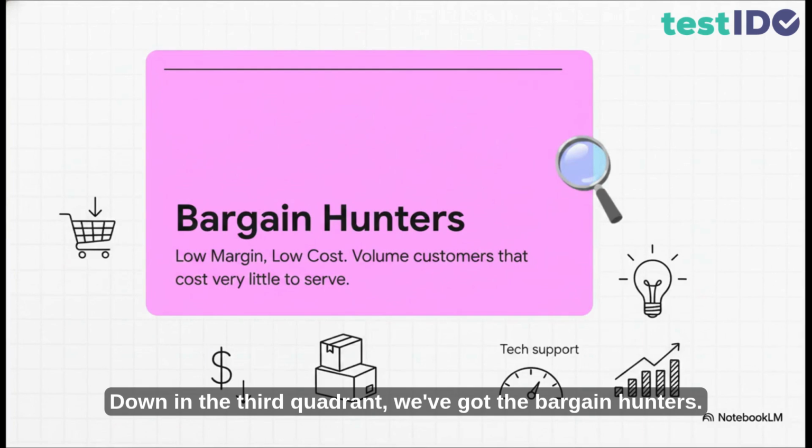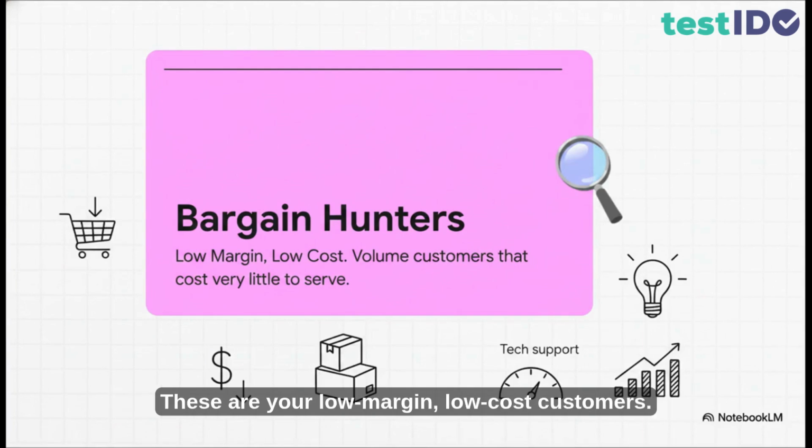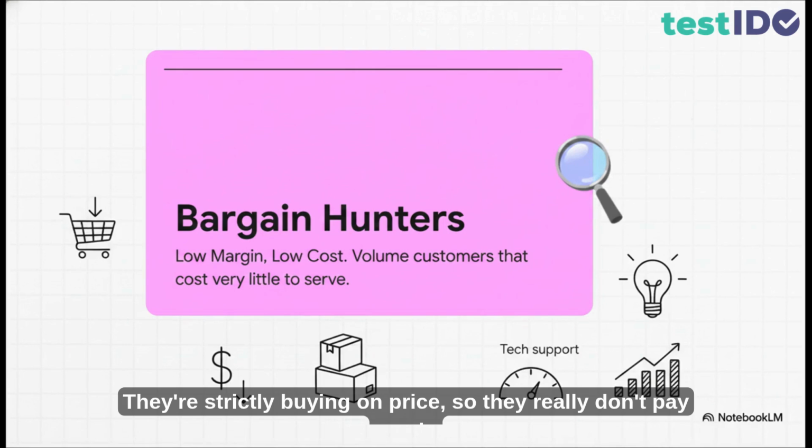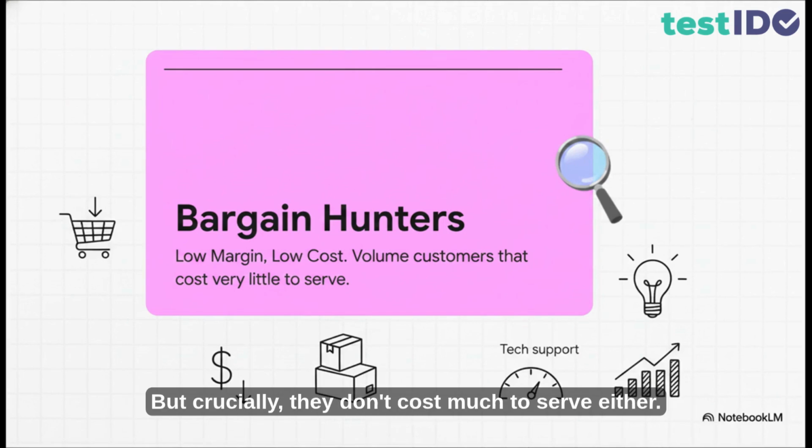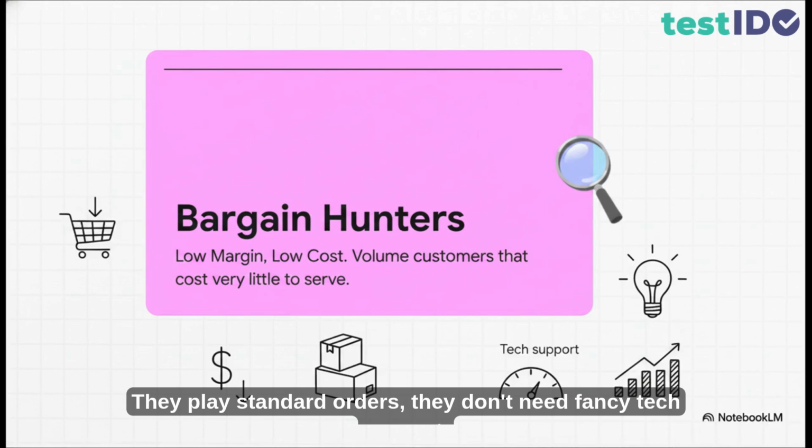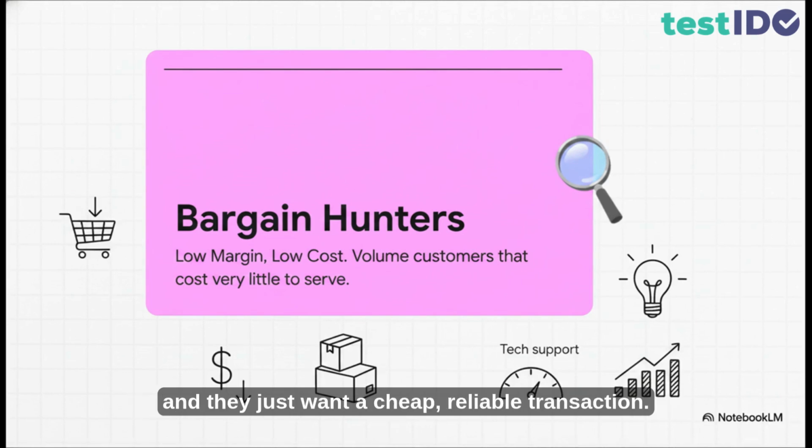Down in the third quadrant, we've got the bargain hunters. These are your low-margin, low-cost customers. They're strictly buying on price, so they really don't pay much. But crucially, they don't cost much to serve either. They place standard orders, they don't need fancy tech support, and they just want a cheap, reliable transaction. These are your volume customers, and honestly, they're perfectly fine to have around, as long as you keep your service